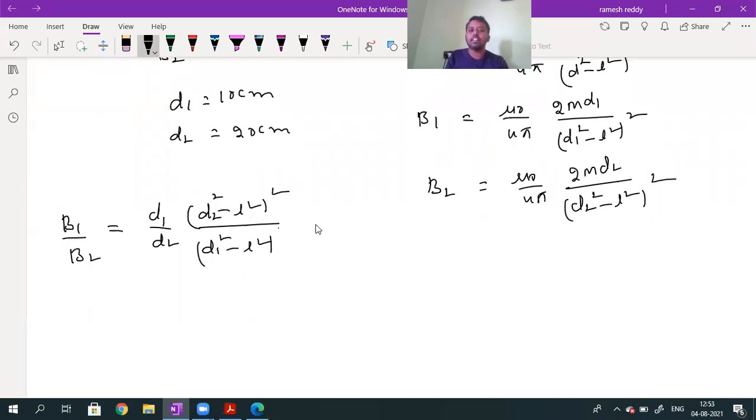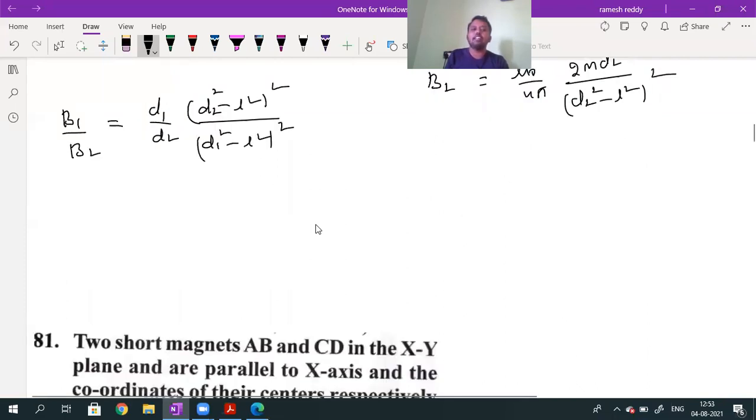You have to simplify this and find the value of L. Now I want to calculate the L value. So D2 square minus L square divided by D1 square minus L square, whole square,